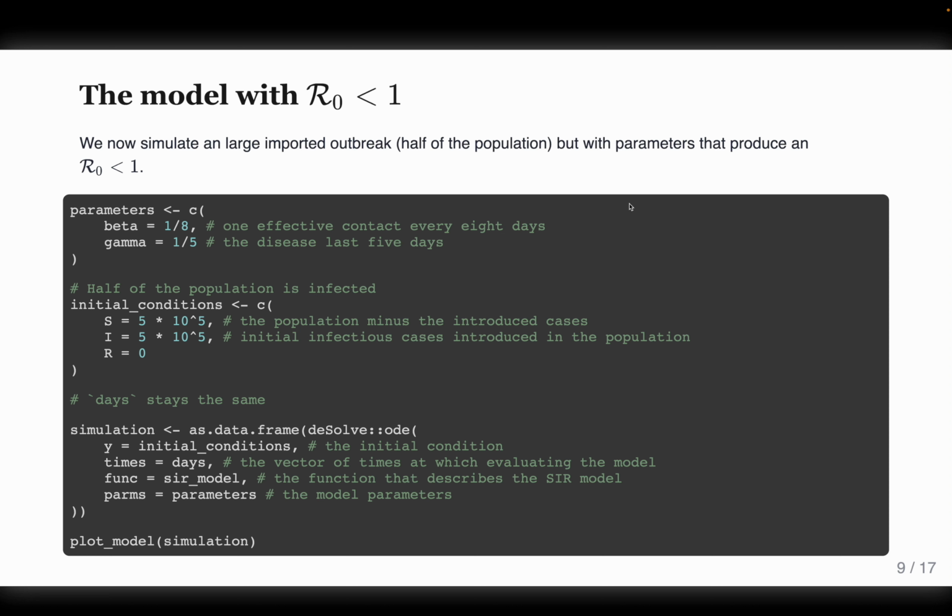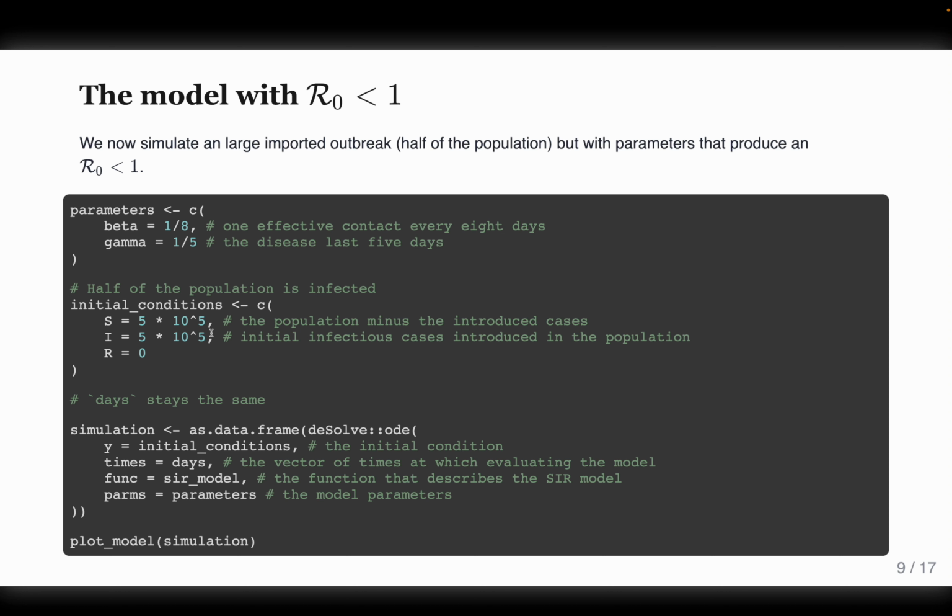Now that we have the framework in place, let's start making some experiments. So we saw in the previous lessons that if R0 is below 1, then we cannot have an outbreak. Let's try this out. Let's create a new simulation, not with the same parameters, but with parameters in order to have R0 more or less 65%, 0.65. And let's have an initial condition in order to have